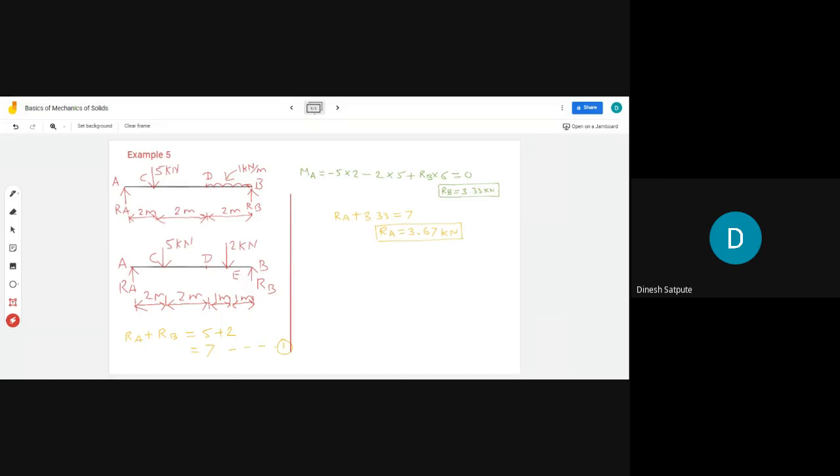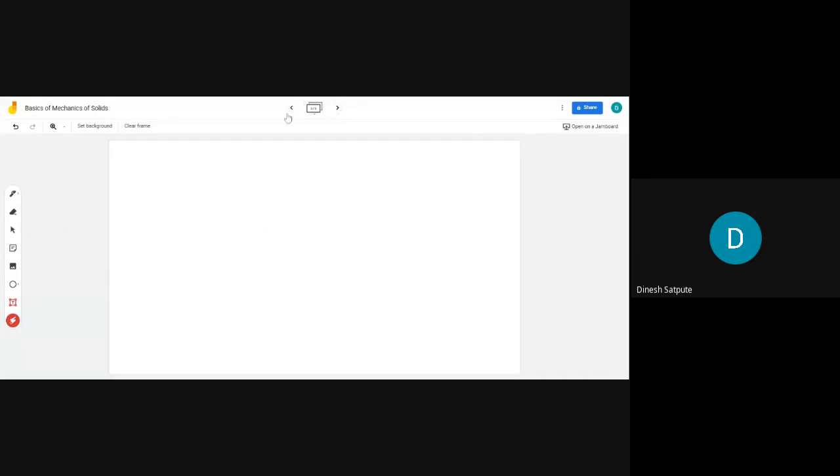Such types of reactions and moment calculations are very important while dealing with shear force diagram and bending moment diagram of the given beam. To draw these shear force and bending moment diagrams, we need to calculate reactions perfectly, and moment at any point can be calculated with the help of the steps specified in this lecture as well as in the previous lecture. So we'll solve only one example, and then we'll wind up with the current lecture.